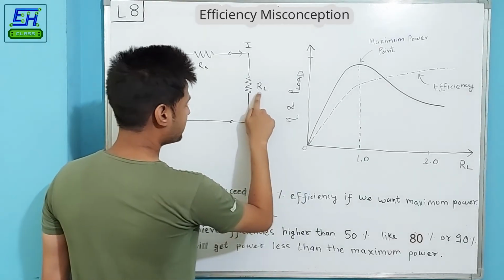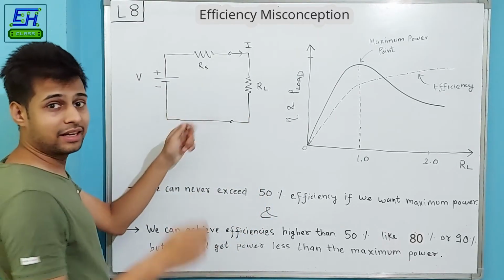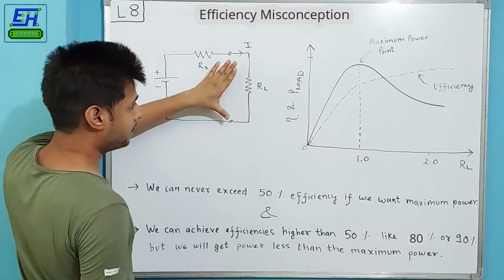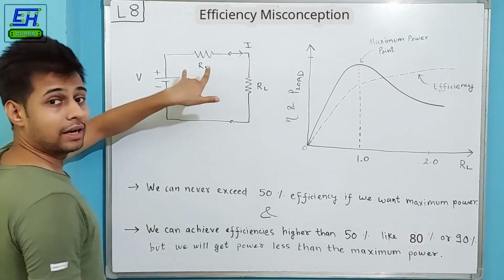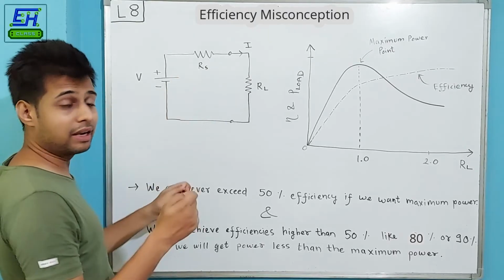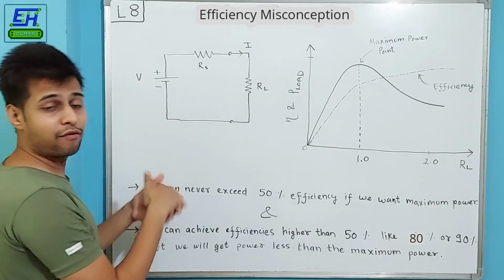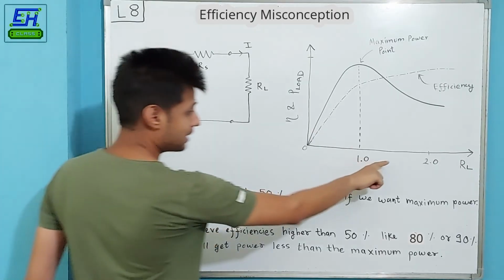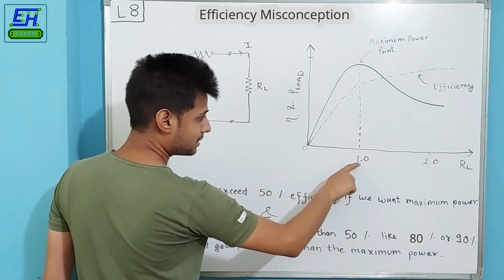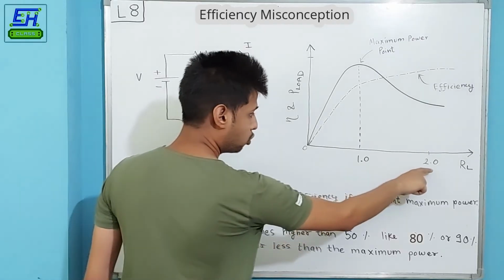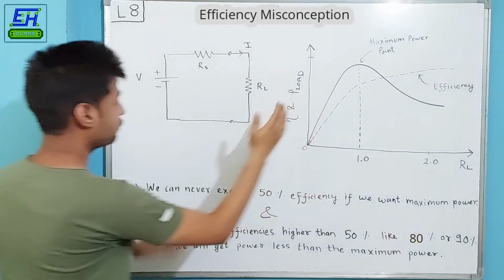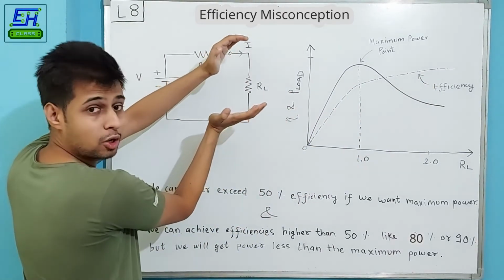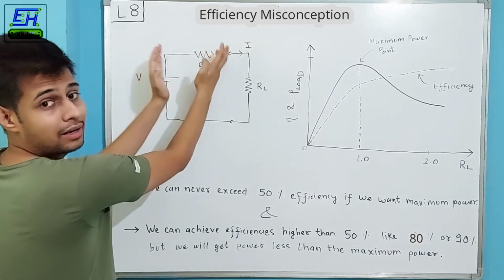And if the value of load resistance RL is greater than Rs, then definitely maximum of the power will be delivered to the load and will be dissipated by the load and not by the internal resistance Rs, and this will definitely increase the efficiency from 50% to higher. As you can see, if we increase the value of load resistance from 1 ohm to 2 ohms in the earlier example, then we are increasing the efficiency because we are using more power in this load resistance itself than the internal resistance.